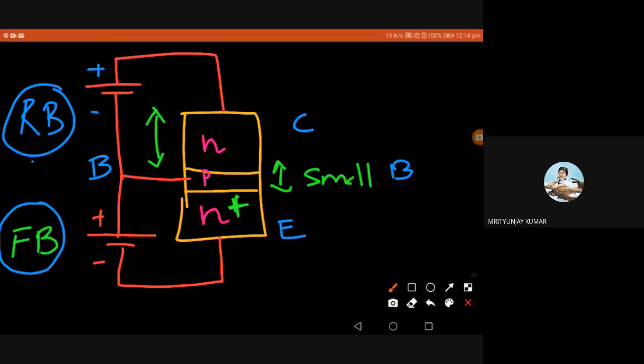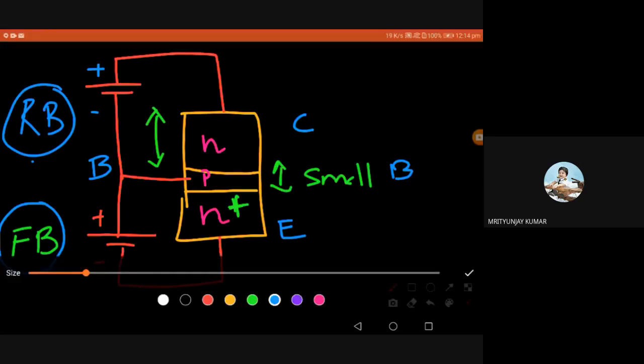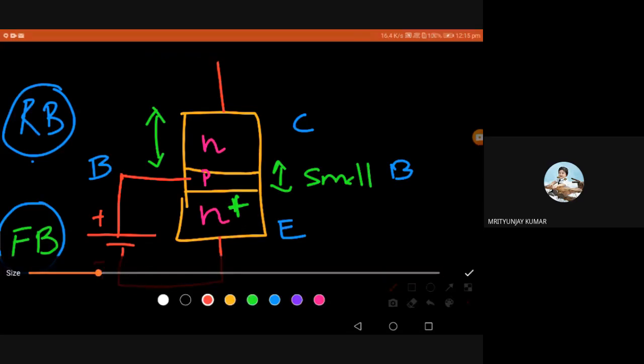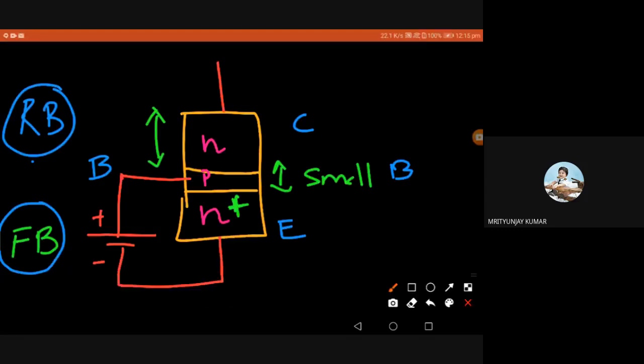So yesterday I drew another configuration. In practice, we don't give the biasing like this. What we usually give is in a different style. So what is the style? We usually don't give this thing here. For that, we give a voltage on the collector to emitter. So we do it like this. We give a voltage here, like this, plus,